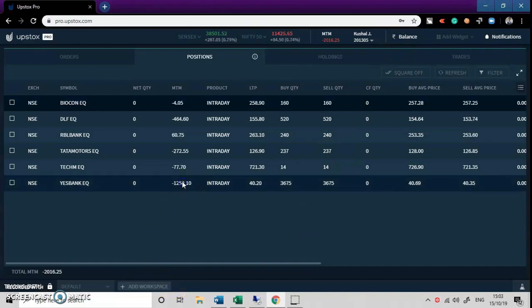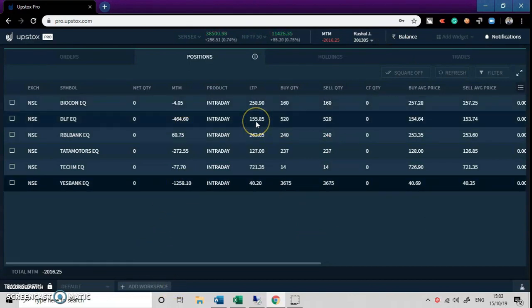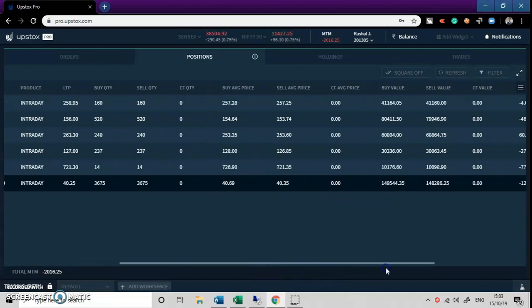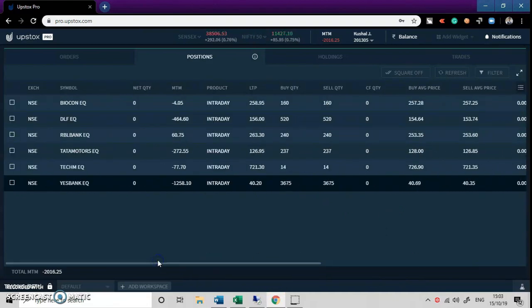So the 40,000 which I put in my demat account has now dropped down to 38,000 on the first day. As an algo trader starting my journey, it's quite disappointing that around 5% of my principal eroded on the first day itself because of silly mistakes. But now we are more confident that we will not repeat these mistakes, and on the next day, that is on 16th of October, we'll start fresh.